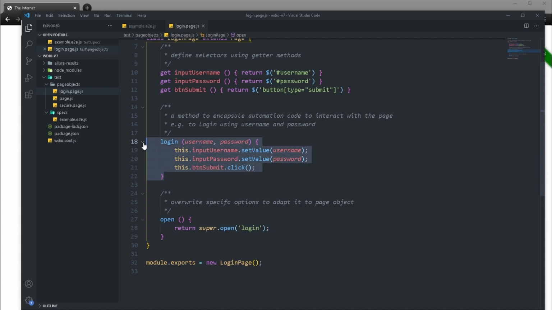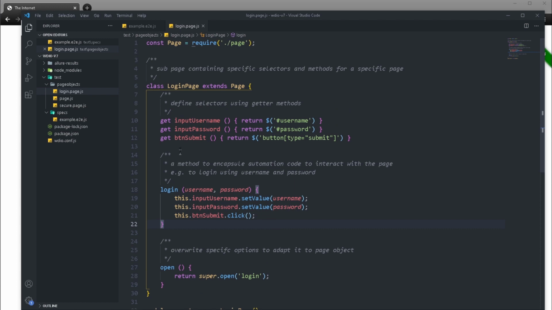After that, we're calling this login helper method, which is basically taking in username and password, and then trying to do a set value. What this does is actually type into your input field. So set value is the same as send keys, or basically typing something in the field. We type in a username, we type in our password, and then we do .click to actually click on that button. And over here, we have some getter functions, which is where we are defining the selectors: the username element, the password element, and the actual button. In our login method, we call them, set values by typing something in there using set value, and then we click on the submit button.